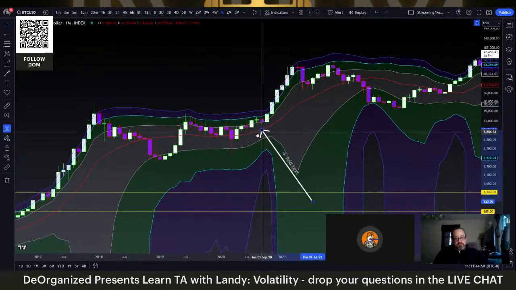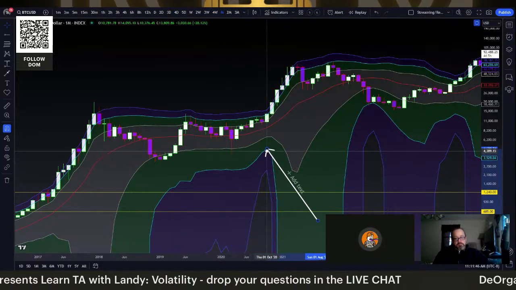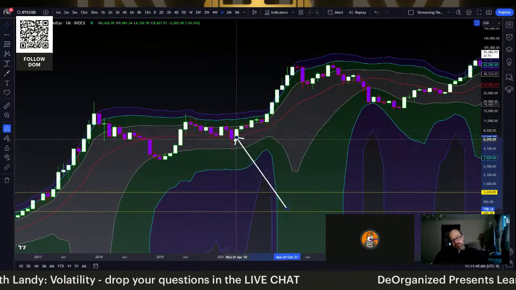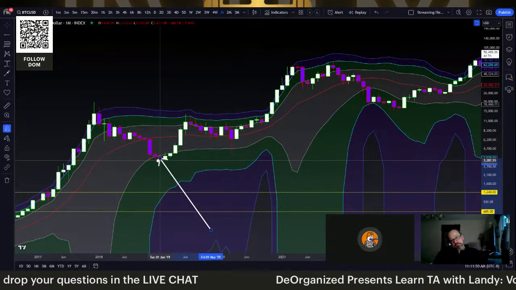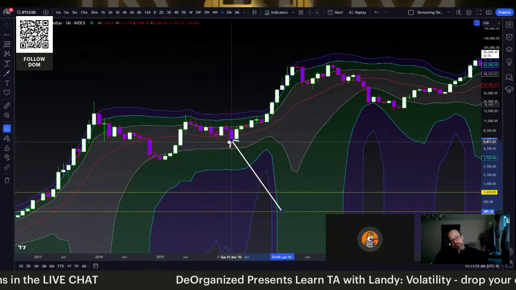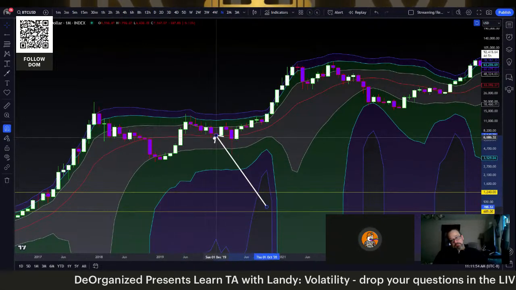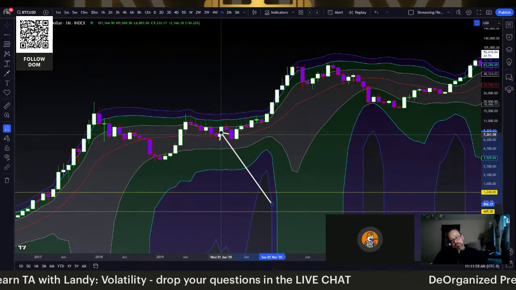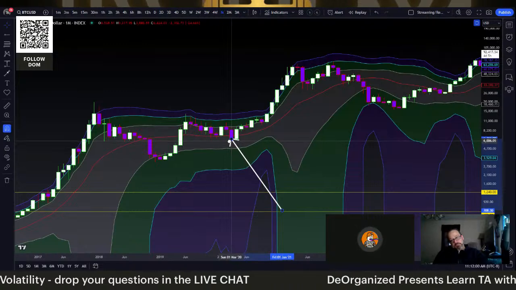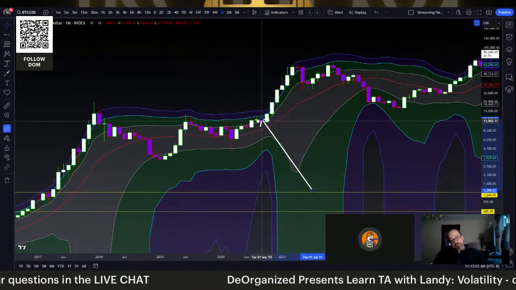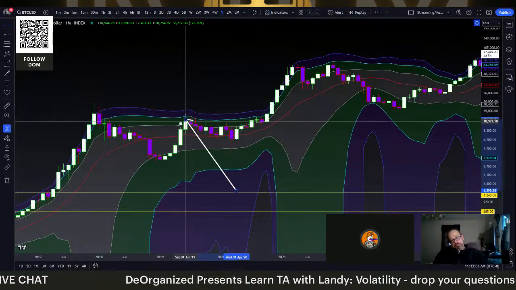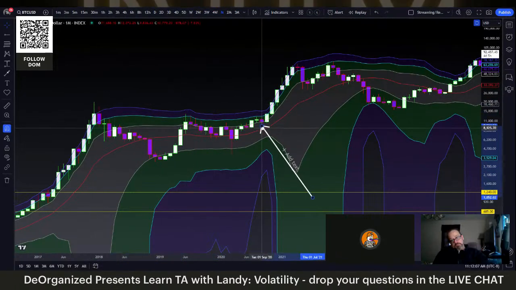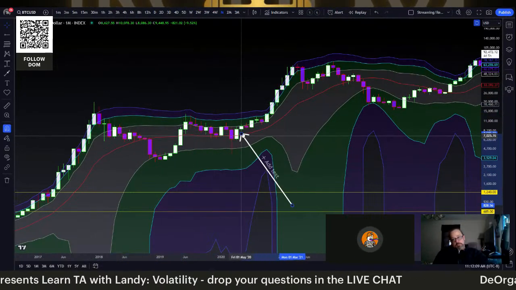But we see after that, Bitcoin got a really nice deep compression as it came out of this. This was a higher low structure in comparison to the bear market low, but still a lower low compared to this low over here, and we had a lower high in here as well. So what we needed to see for the monthly to get its continuation back to even test this lower high, and then of course the all-time high, was we needed to see it work its way back to the basis,